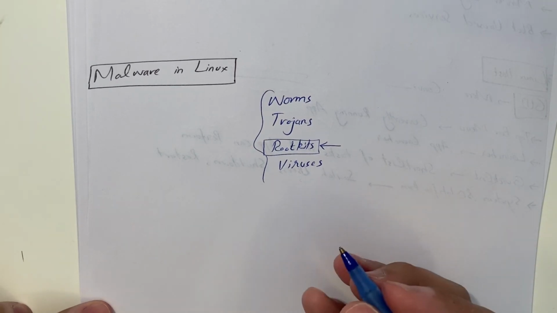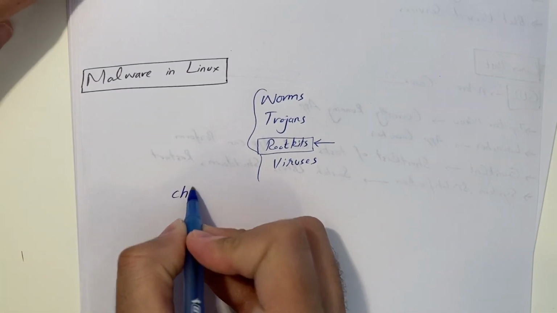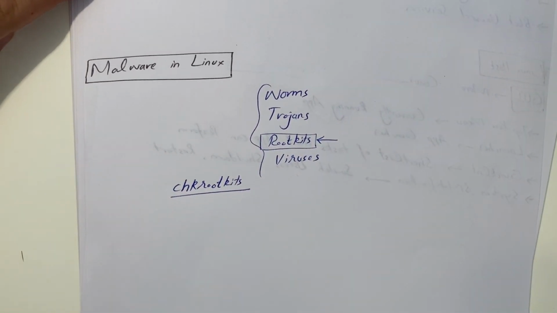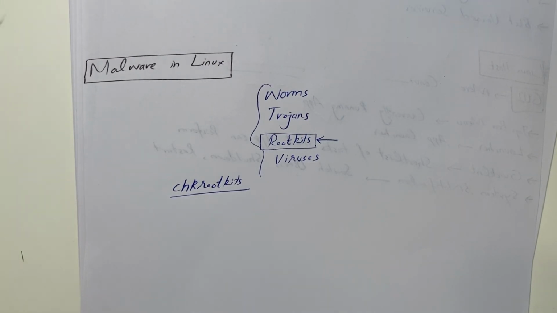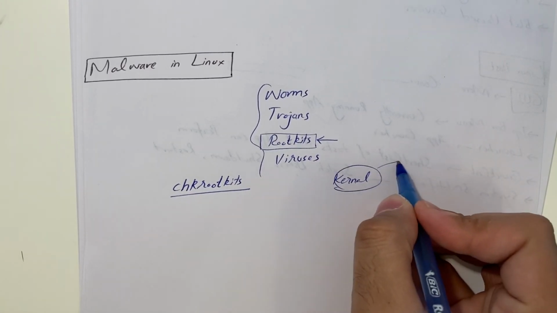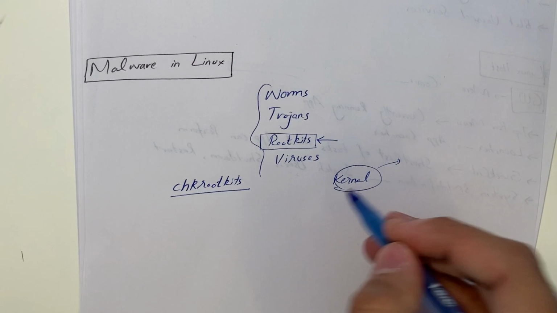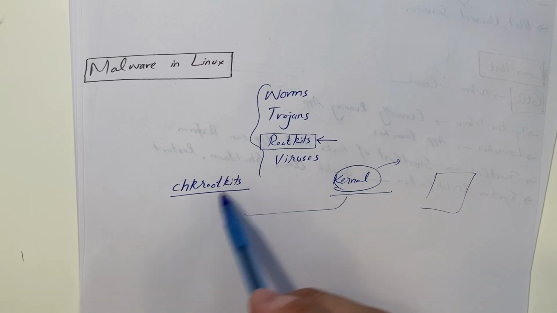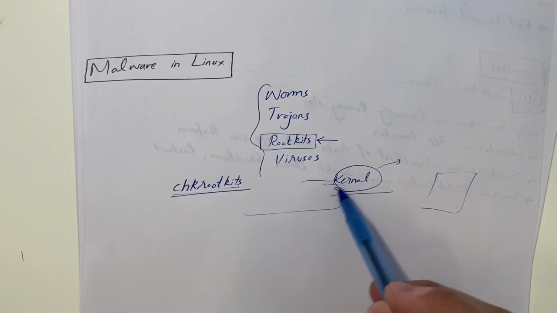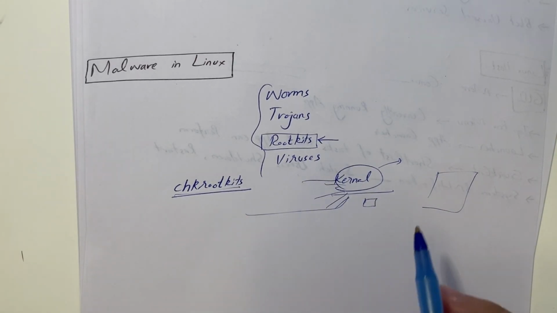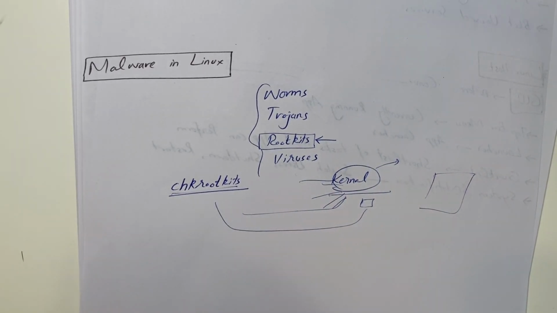In Linux, if you want to check whether you have a rootkit or not, just type the command chkrootkit. If you run this command in the root directory, it will check if there is a rootkit or not. How can it detect that? It checks all the kernel files. The kernel has all the files required to boot a computer. When you type this command, it goes through all the kernel files required to boot a computer, and if it finds any file which is extra and not required, it lets you know, hey, it could be a rootkit. And if there is a rootkit present in your kernel, it is impossible to get rid of it.